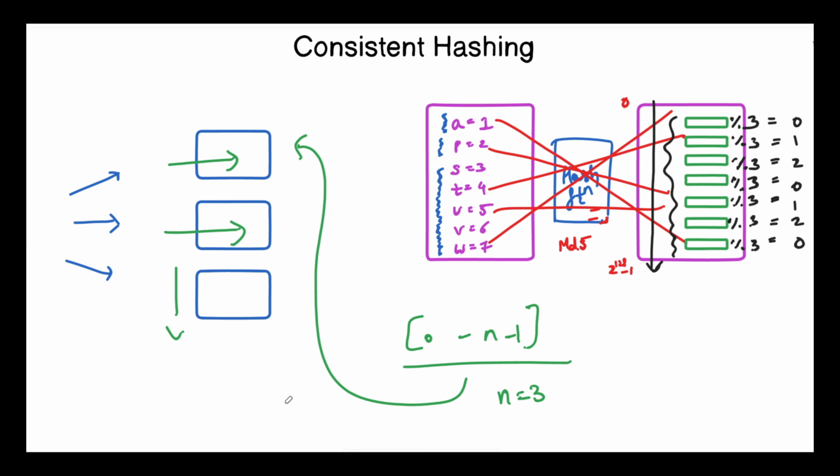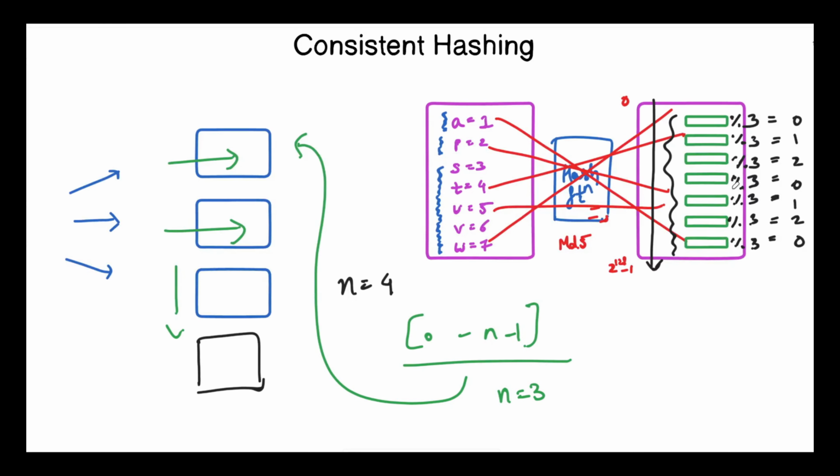So to handle that amount of requests, we add one more cache server. So our n becomes 4. And if we take modulus by 4, our values become 0, 1, 2, 3, 0, 1, 2. So if a new server is added, there is a lot of data movement. This particular data, this data, and this data will not move, but all these 4 data will have to move to some other cache server.